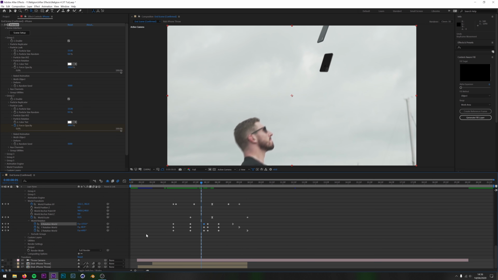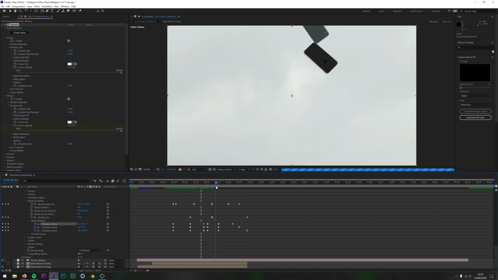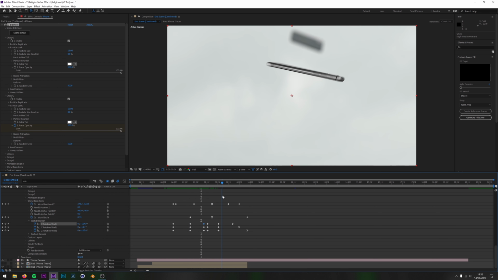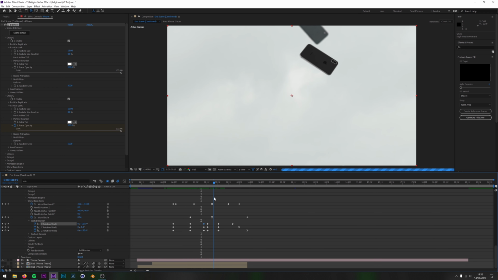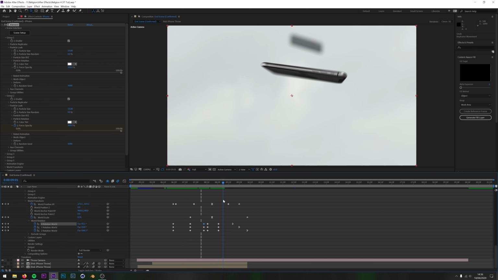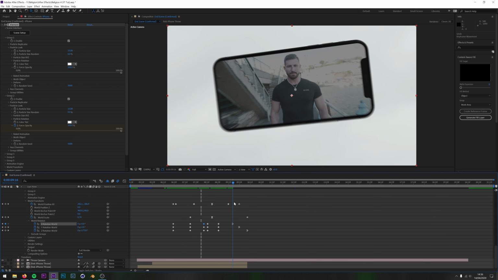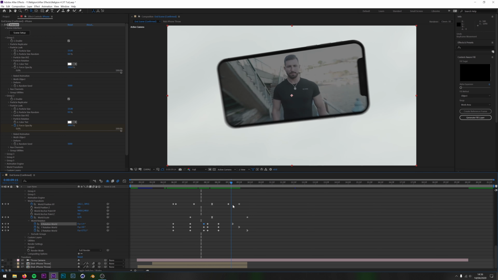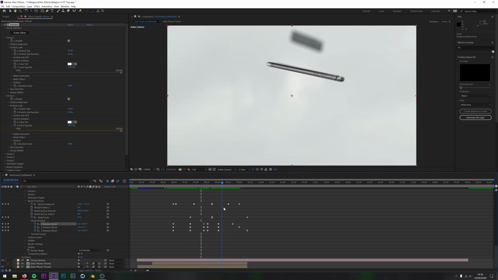I can't teach you these keyframes because it's going to be different depending on your scene and where the camera was and your subject and the velocity. But that is how I got this phone looking more realistic, shall I say. And then as you can see, about there is where it finishes mimicking. And then you can see now I've just brought the phone round so it looks as though it's centralizing the camera. This part isn't very realistic, but I mean, you're smashing through an iPhone screen, aren't you? I mean, what more do you want?